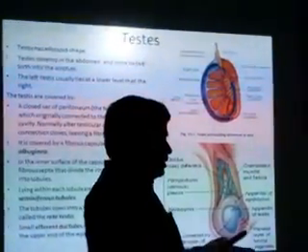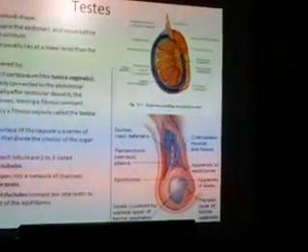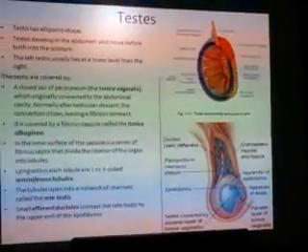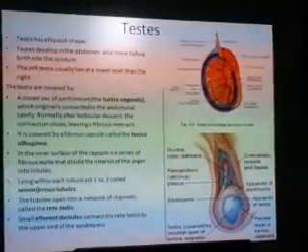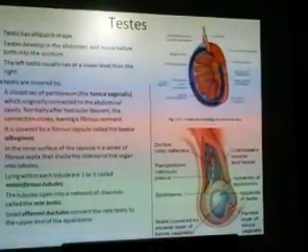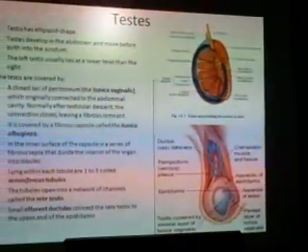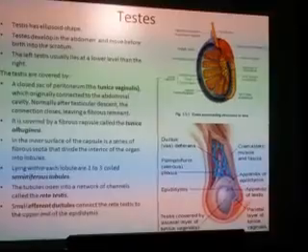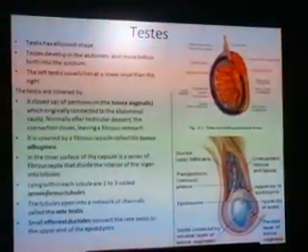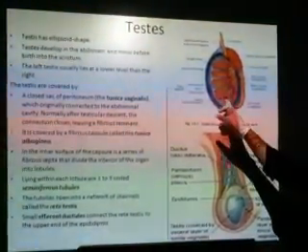The next is the testis. The testes are a pair, your main genital organs, where the sperms are produced, situated in both sacs of the scrotum, right and left. As I said, each is covered by the tunica vaginalis, the peritoneal covering it receives when descending through the inguinal canal. Inside the tunica vaginalis is the fibrous stroma called the tunica albuginea, which sends septa into the substance of the testis, dividing it into different lobules.